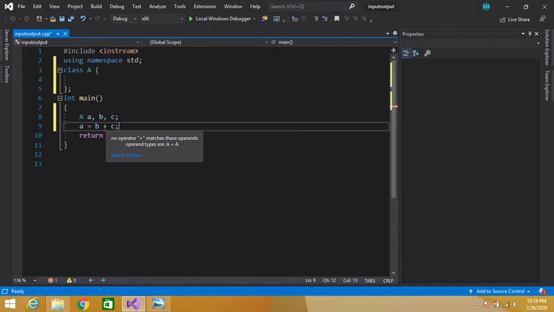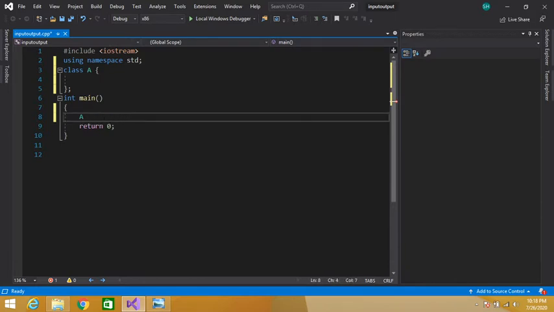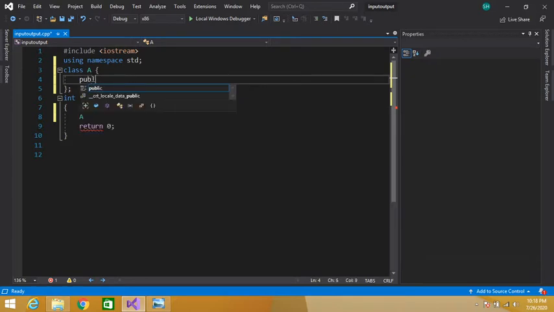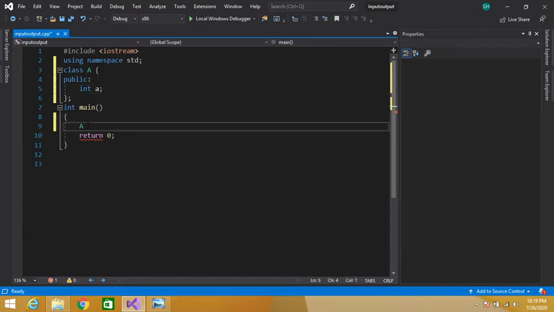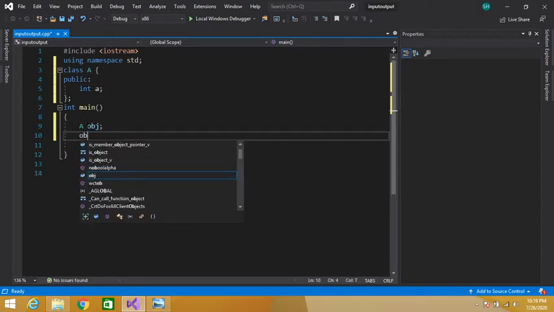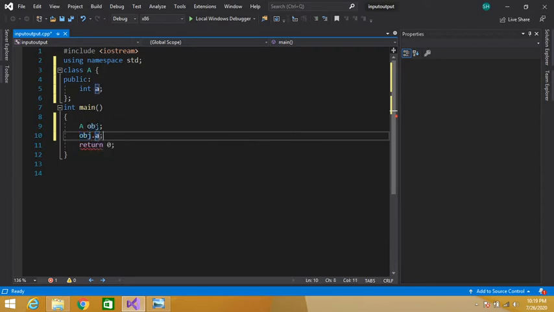So how to use that? There are only two operations that are allowed with classes. They are assignment, and member access. Let's say we have a public int a, and here let's create the object of our class a, and using that object dot a, we can access our data members, or we can use assignment.